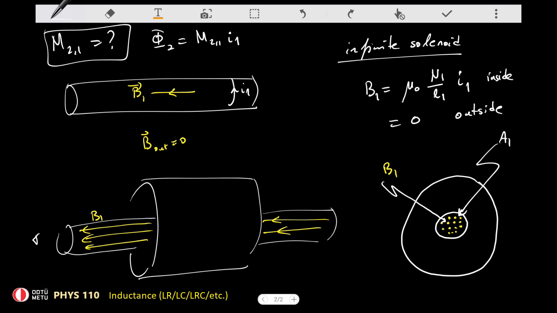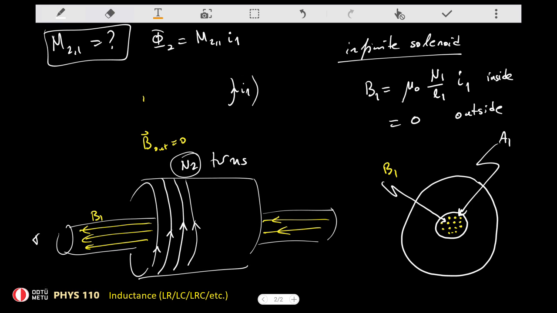So there's another thing in here. It's the number of turns in the second solenoid. So there are N2 turns in there. I can think of them not as a single wire, but N2 circular wires. So that means the area, therefore, would be multiplied with N2. Right, so that's the other detail. So therefore,